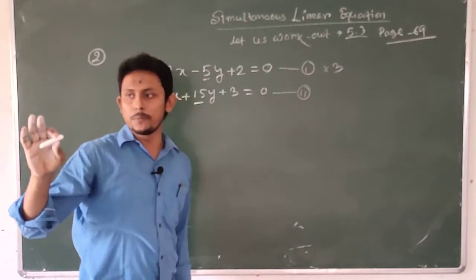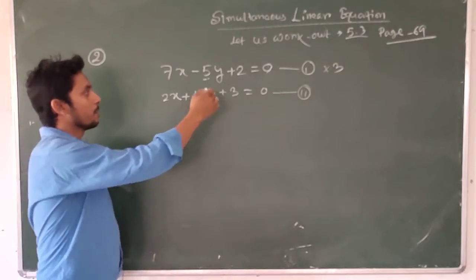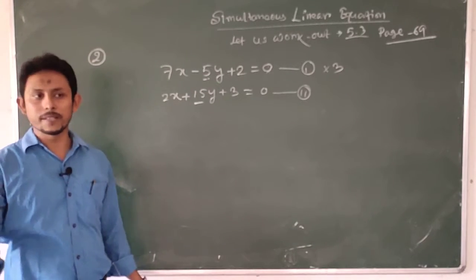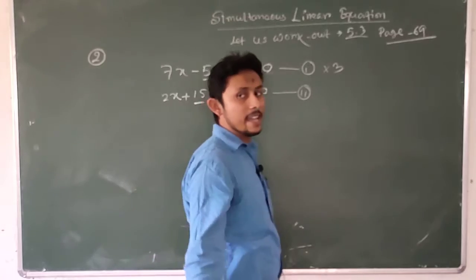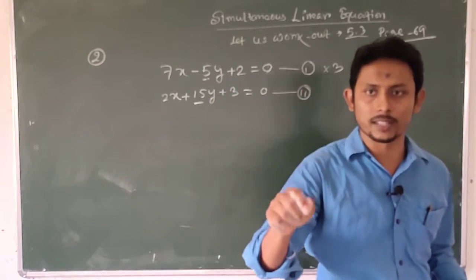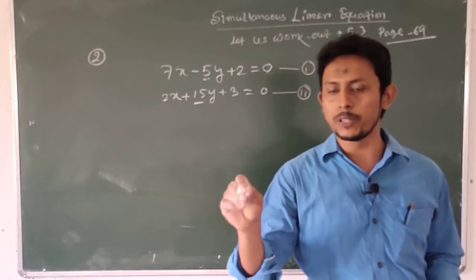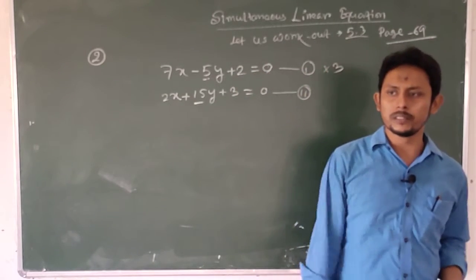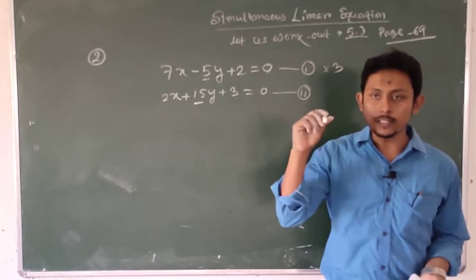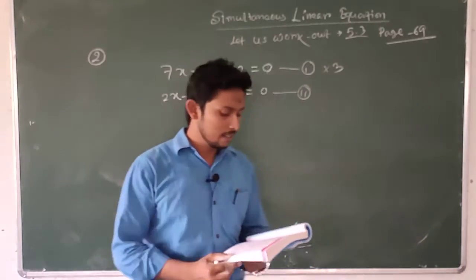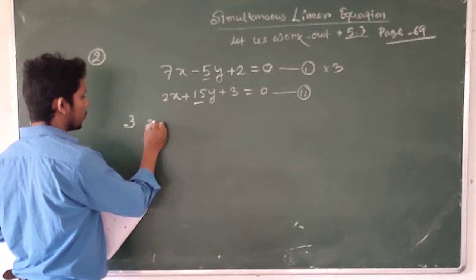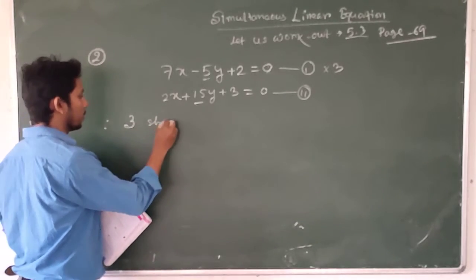If we multiply it by 3, then 5 times 3 is 15. After multiplying, 15 with minus and plus, we just need to add. It is asking just this question: what number should be multiplied with equation number 1? So what number? 3. So here you need to write in short, 3 should be